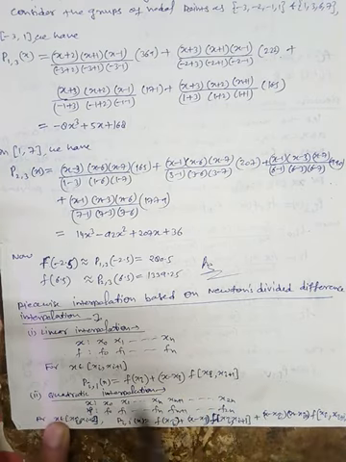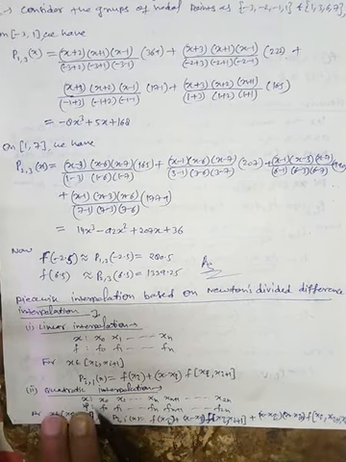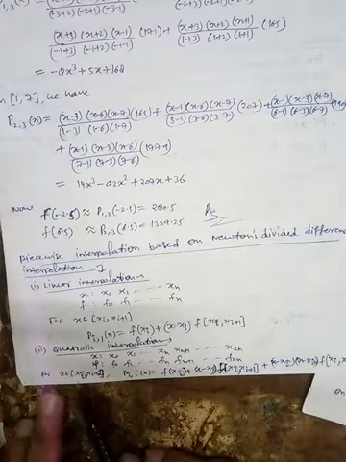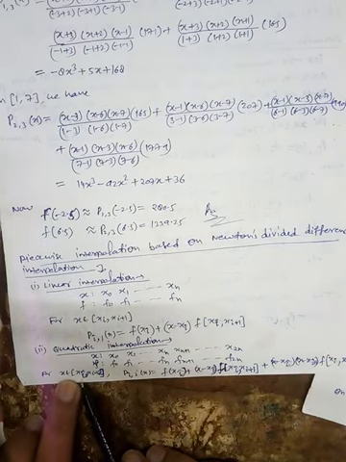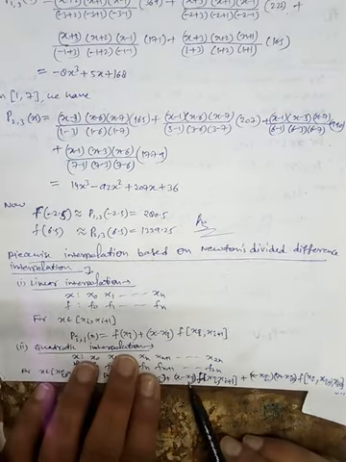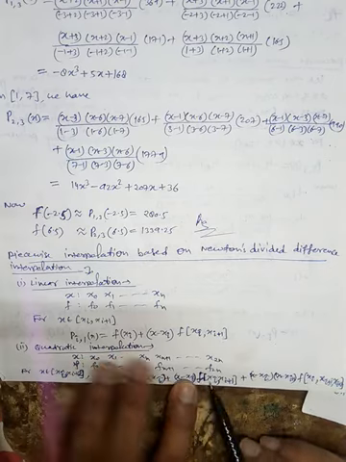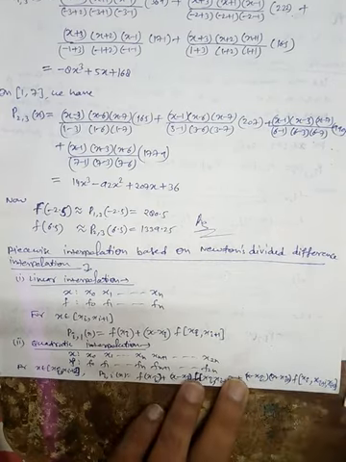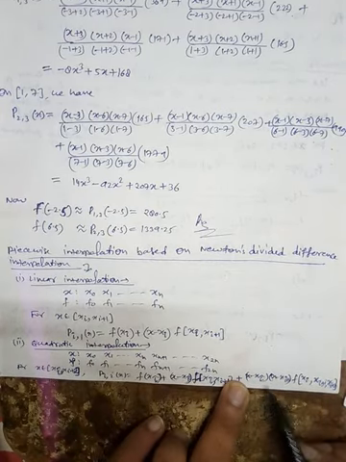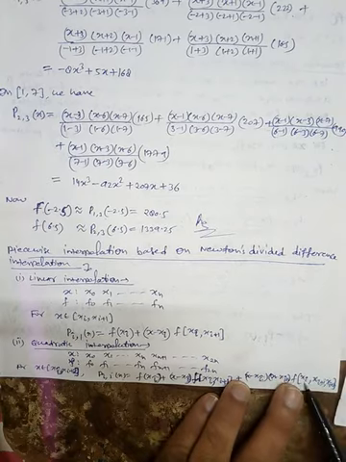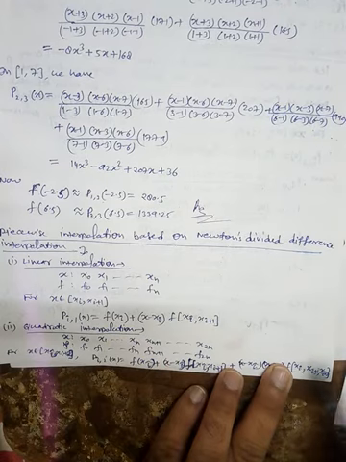Similarly, we have quadratic interpolation. Here we will join 3 points at a time, and then we have a polynomial. Suppose we are finding the polynomial in the interval xi to xi plus 2. So the polynomial pi2 of x is f at xi plus x minus xi multiplied by f at xi, xi plus 1. That means up to this part it is the same, plus now we have an additional part: x minus xi into x minus xi plus 1 and the second order divided difference f at xi, xi plus 1, xi plus 2.